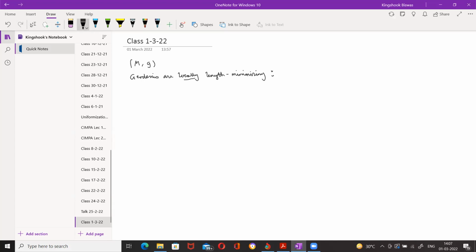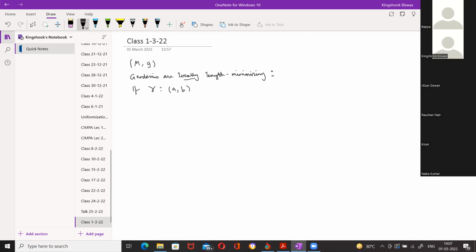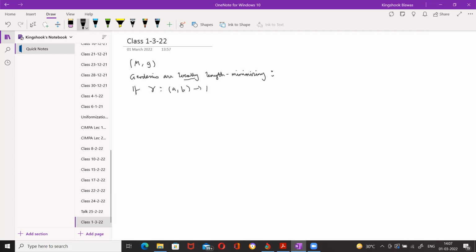So that means that if gamma from an interval AB to M is a geodesic,